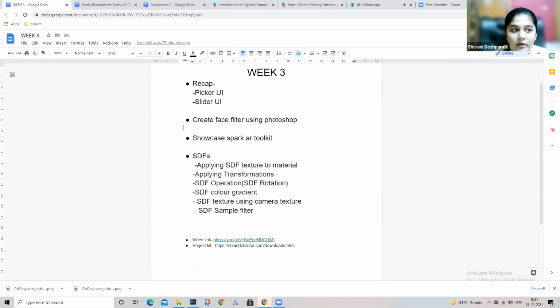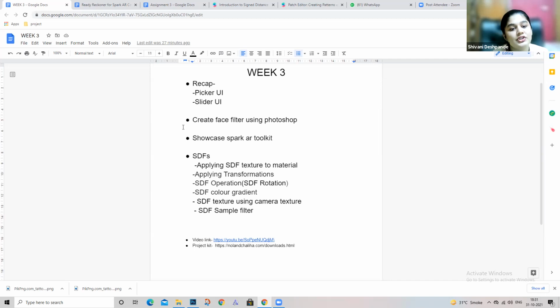So we'll make or edit textures in Photoshop. If you don't have Photoshop, of course you can use other options such as Pixlr, or whatever online open source tool there is. Pixlr is a good thing. I'll show you how to do it on Photoshop. It is similar everywhere else too.